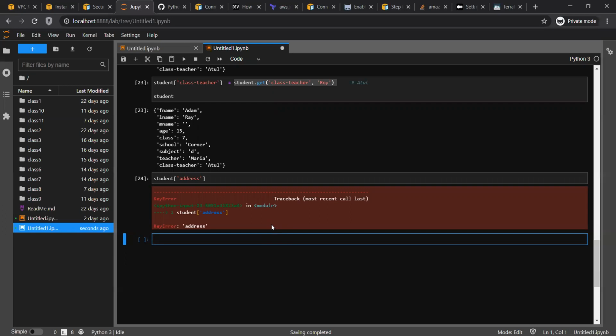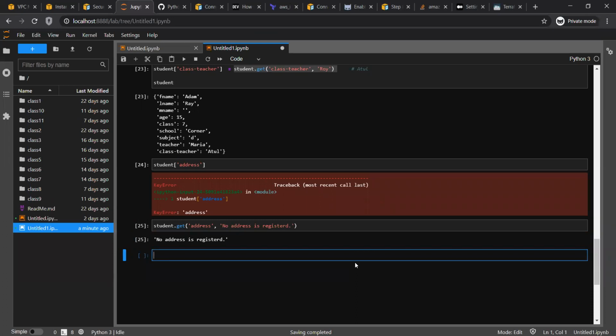So how I can resolve this is this way: student dot get address, and then I'll say no address registered, let's say. In this scenario, it will give me the default value I have provided.